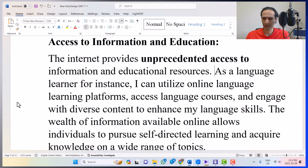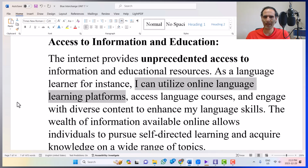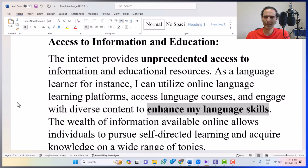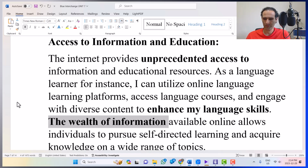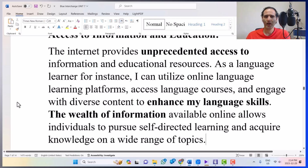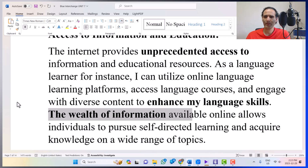Beautiful topic sentence. As a language learner, for instance, I can utilize online language learning platforms, access language courses, and engage with diverse content to enhance my language skills. Enhance, improve. The wealth of information available, very beautiful. The wealth of something available, for example, information. Available online allows individuals to pursue self-directed learning and acquire knowledge on a wide range of topics. Very beautiful. So one more time, I'll read the final sentence. The wealth of information available online allows individuals to pursue self-directed learning,